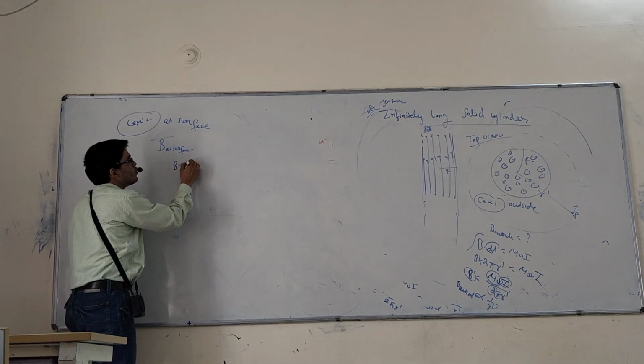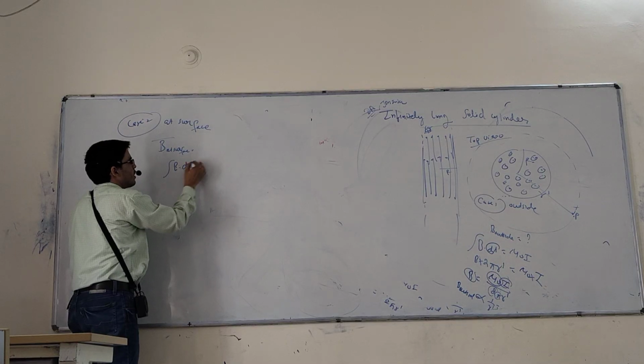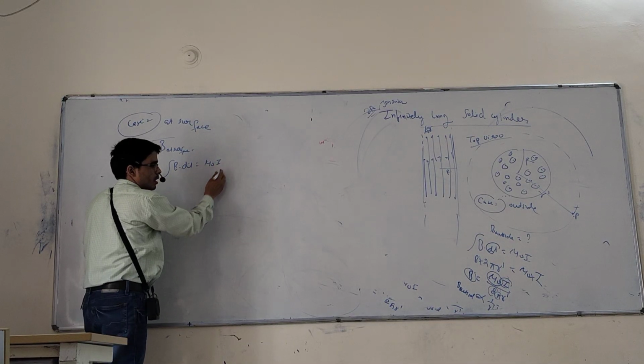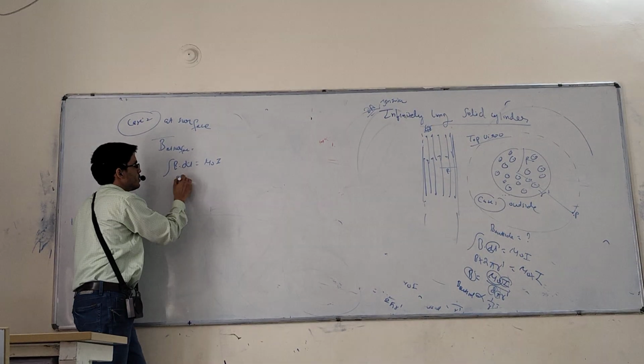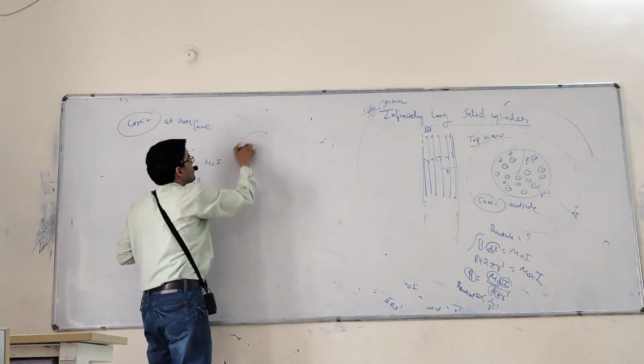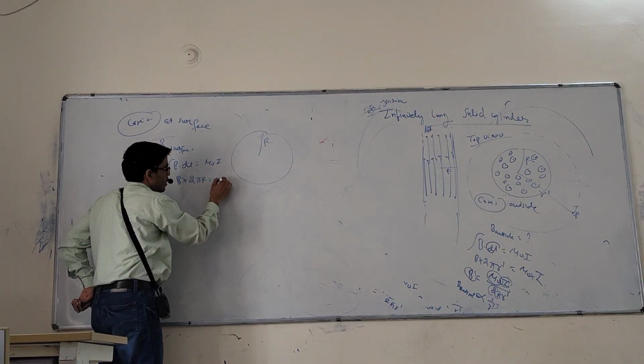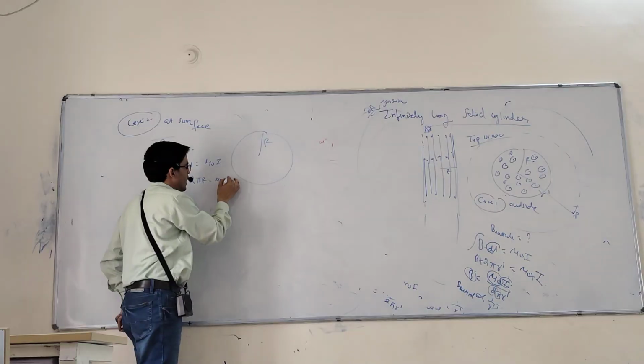B into dl, okay, this is telling that 2 pi R dash. dl equals mu naught into I. What is that dl value? 2 pi R dash. Oh, wait a second. At the surface, R is there. 2 pi capital R. What is the mu naught I value? I, now I put here.